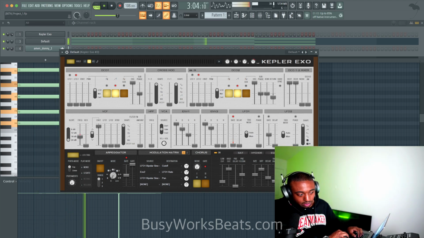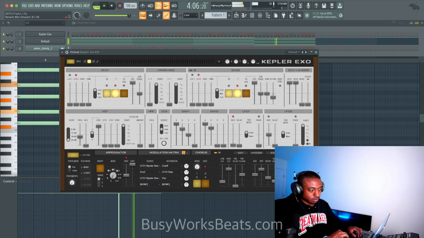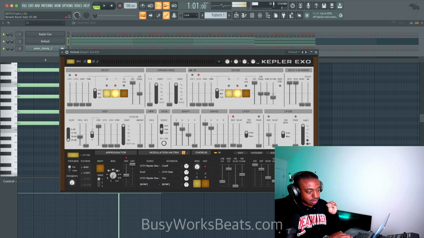Now let's add some effects like reverb. And now this reverb, I want it to hit and then have a quick fade. So let's make it short room size. I want the reverb level up and the decay time fast. Let's make the size kind of hard to hear. All right, so I want the decay to be short. We have an attack on the sound, so it's going to take a while to even out.